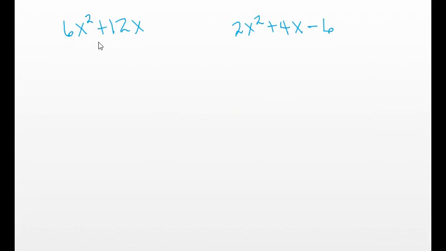So if we look at this first example here on the left, and we are looking for the greatest common factor of each of these 2 terms. Well, I know that I can factor out a 6. I can divide each of these by 6. And I know that they each have an x, so I can divide each of these by x. I can factor out a 6x from each of the terms. So if I factor out the 6 and I factor out the x, what I'm left with, 6x squared divided by 6x is x, and 12x divided by 6x is 2. So what that tells me is,